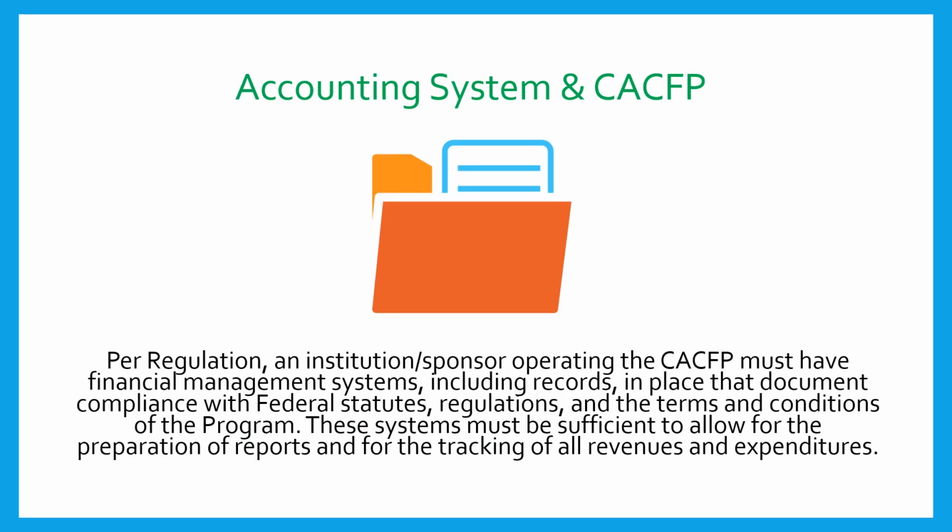Now that we've given a brief overview of accounting in general, we will go over the requirements of accounting for CACFP income and expenses. Per regulation, an institution or sponsor operating the CACFP must have financial management systems, including records, in place that document compliance with federal statutes, regulations, and the terms and conditions of the program. These systems must be sufficient to allow for the preparation of reports and for the tracking of all revenues and